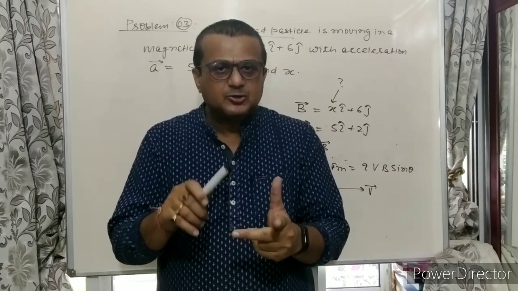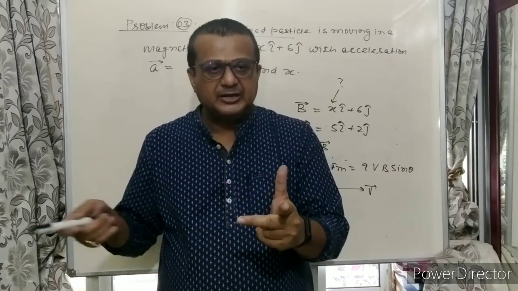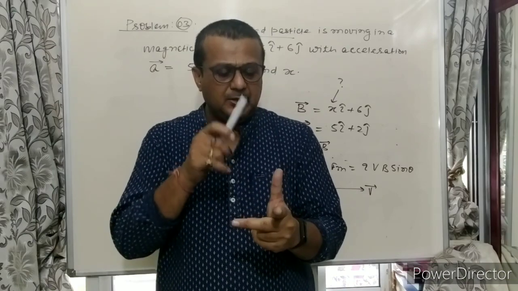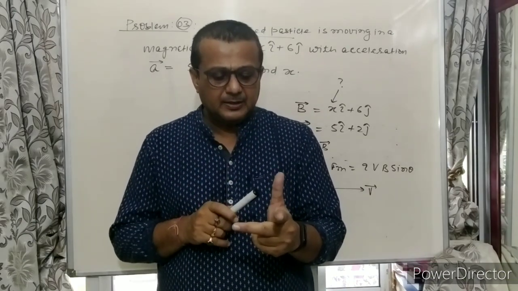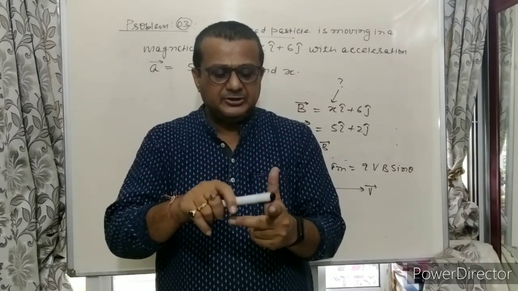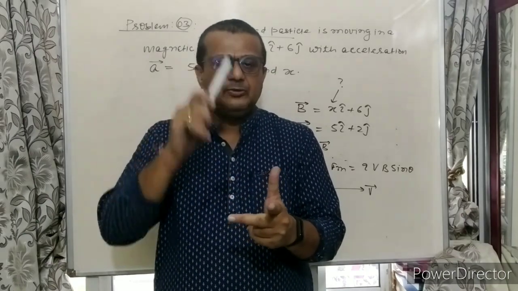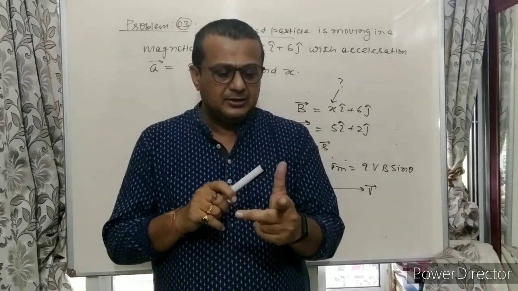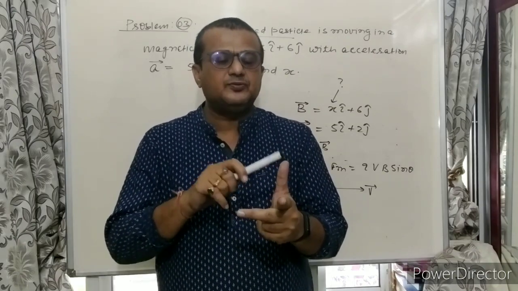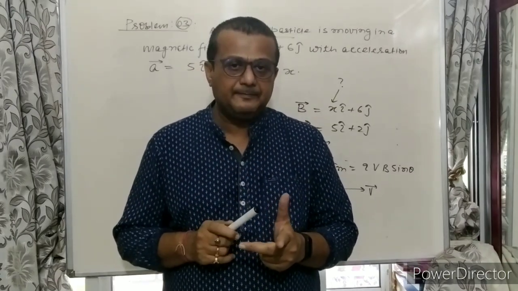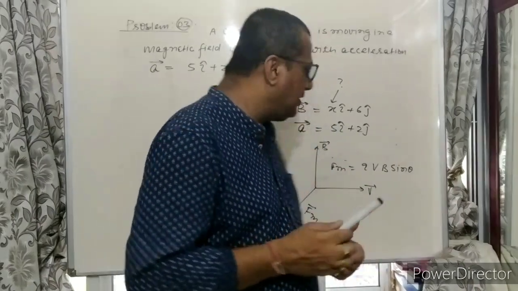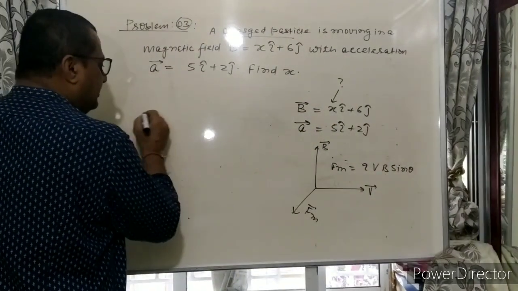In the case of positive charge, this will be the direction of acceleration, this is the velocity, this is the direction of force, this is the direction of magnetic field, then certainly there will be the direction of acceleration. So this acceleration and force will be mutually perpendicular. When it will be mutually perpendicular, then we can write here